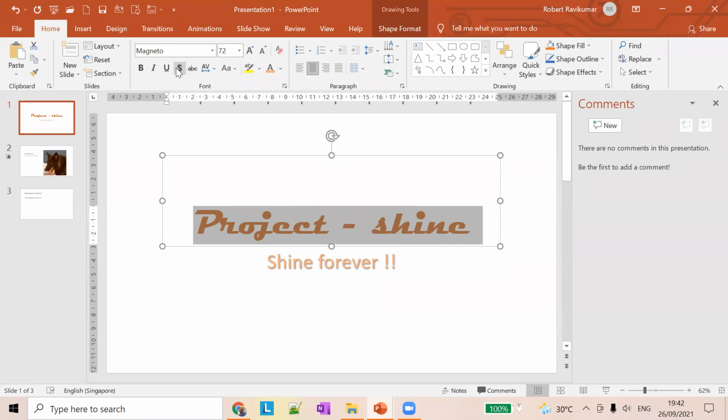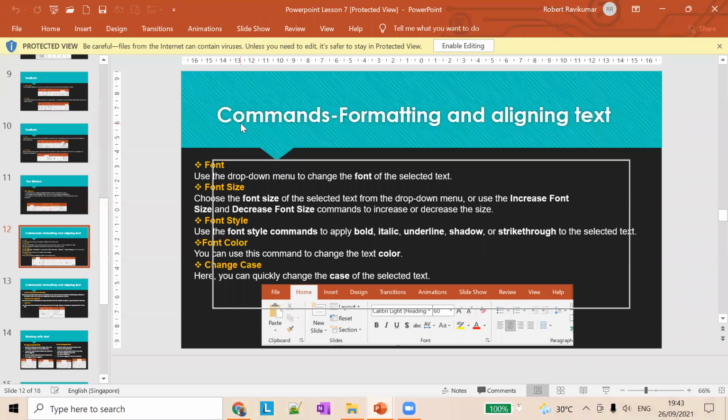And there is strikethrough, which runs a line over the word. So these are the different font options available, the different commands under the font command group in this section.